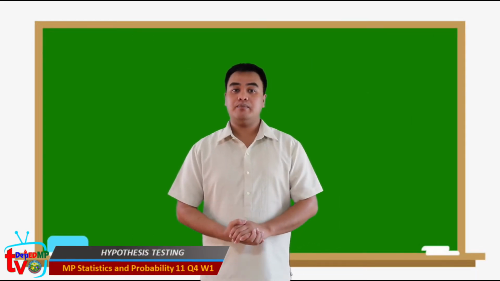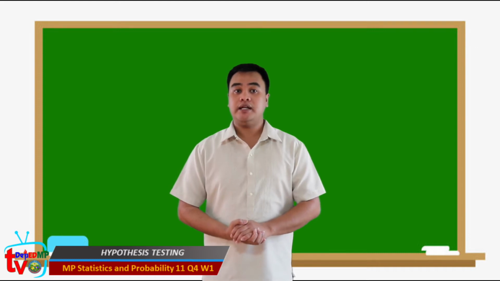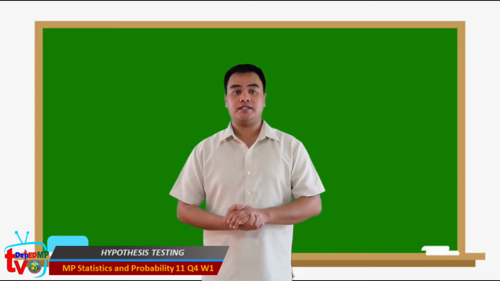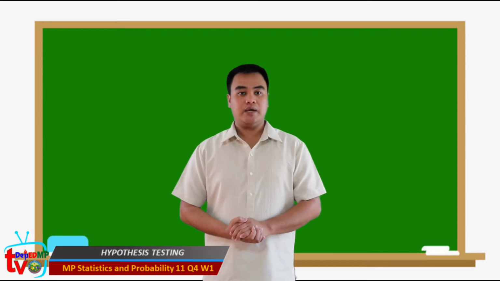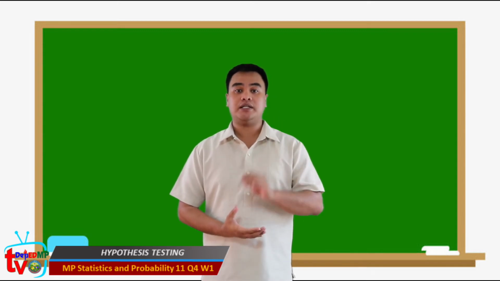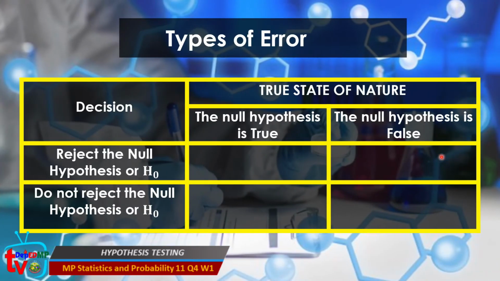It is noteworthy to remember that the null and alternative hypothesis cannot be true at the same time. A statistical test will be conducted on the data from the sample in order to make a decision on whether the null hypothesis should be rejected or not. In doing hypothesis testing, there are 4 possibilities that could take place. This table shows the 2 types of error that could occur when the decision made does not align with the true state of nature. The 2 types of error are: first, the type 1 error,